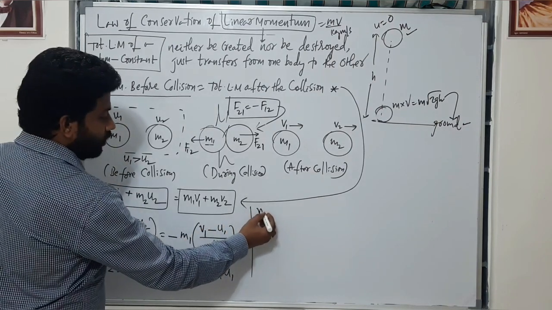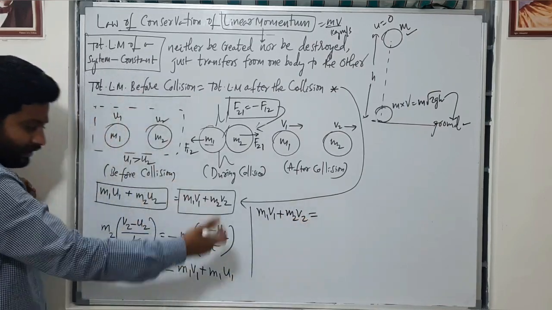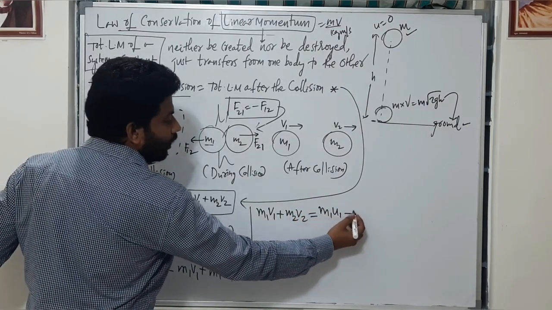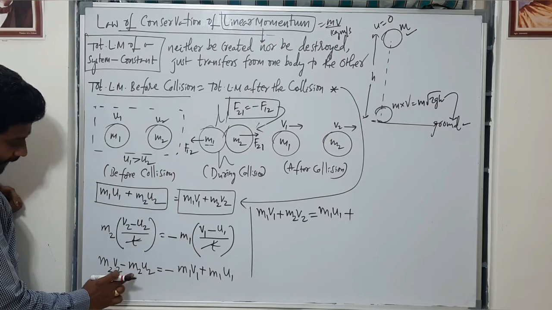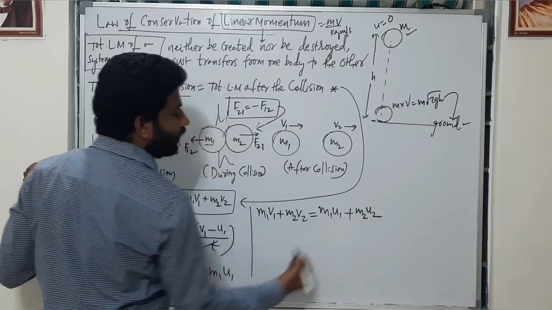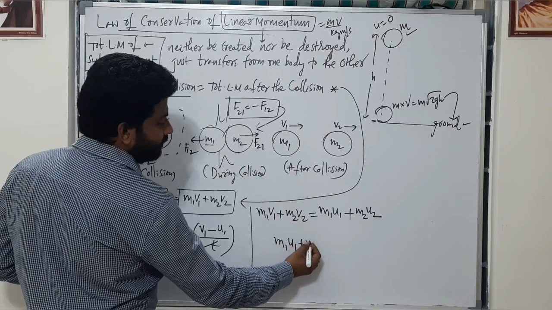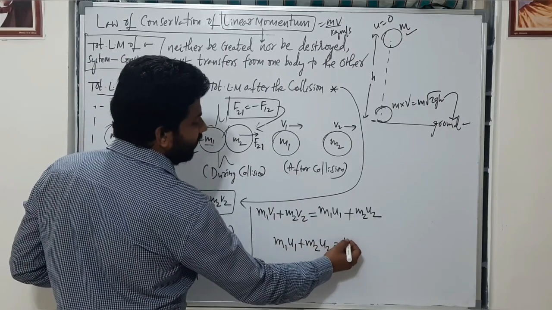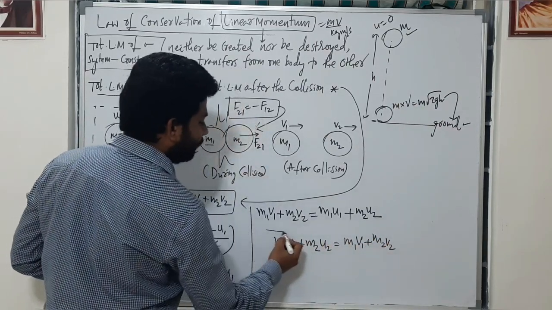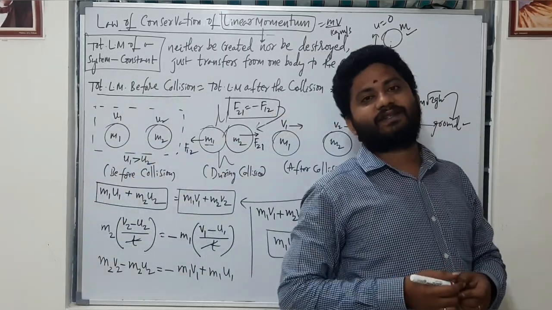Okay, so this one, M1V1 plus M2V2, which is equal to the right hand side M1U1, I'm just keeping it as it is, M1U1 plus, and what is this term, minus M2U2 goes to the other side, that will be plus M2U2. Clear? So now what I can write finally, M1U1 plus M2U2 is equal to M1V1 plus M2V2. Okay, clear? So this is the derivation for the law of conservation of linear